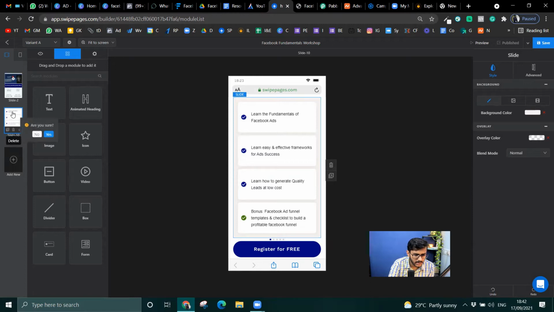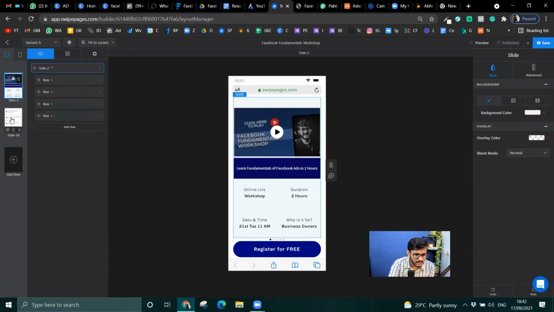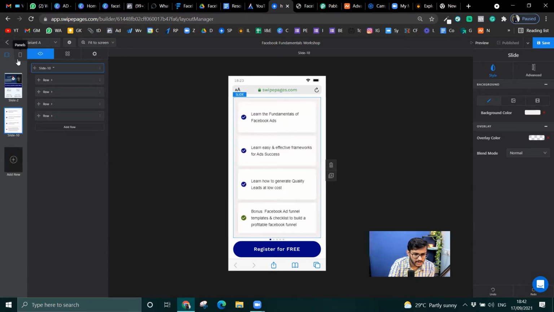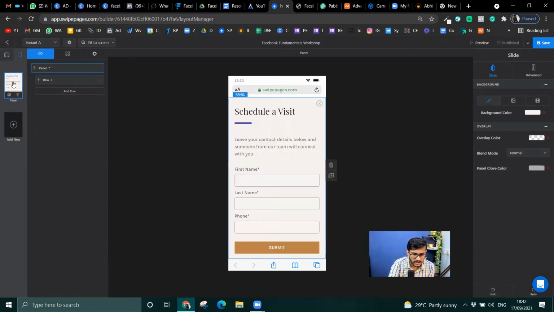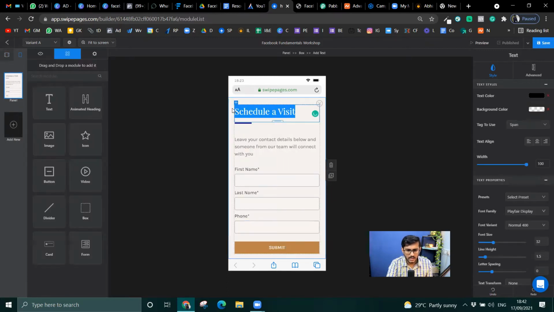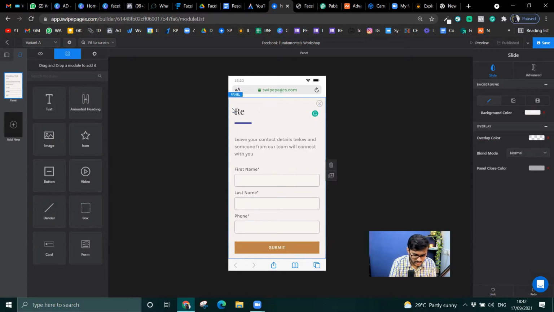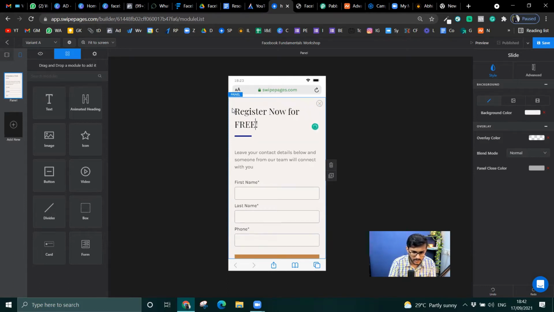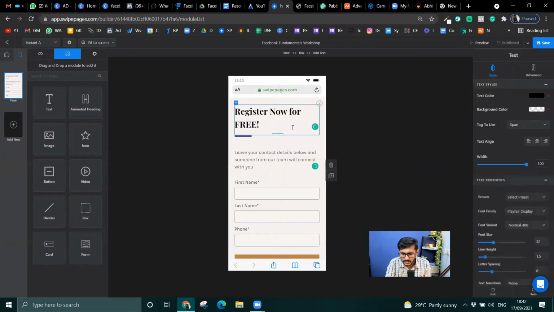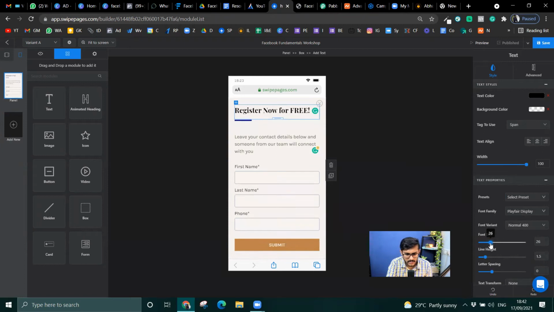Now, what are they? I think this information is sufficient. So let me just go ahead and say register now for free. Bold, and a little smaller font size.